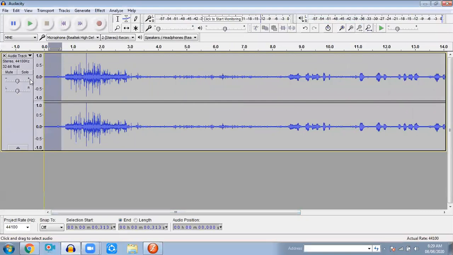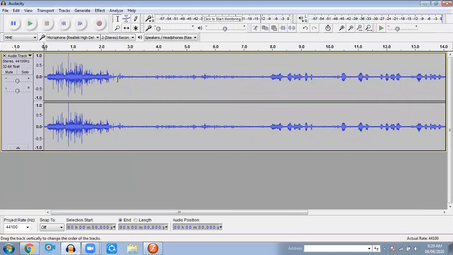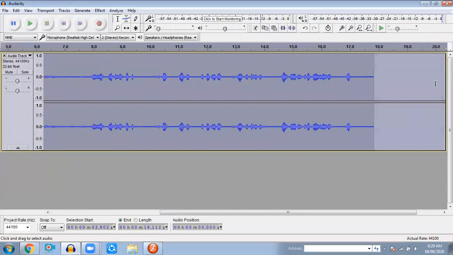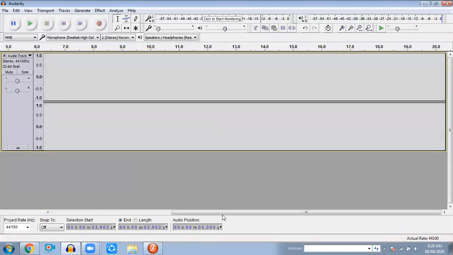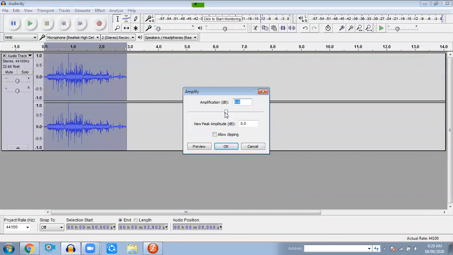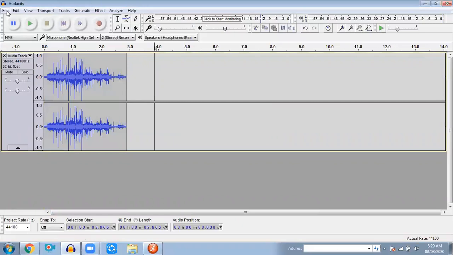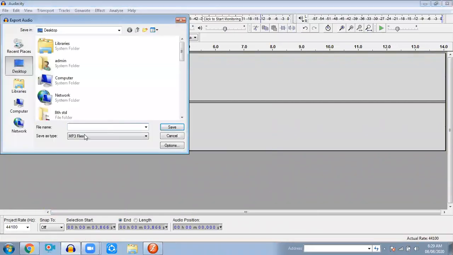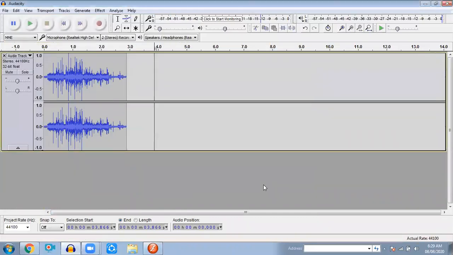And now this sound we are going to apply to our animation. This remaining part I don't want, so I have cut it. Now this sound, again we can increase it some more so you can easily hear it. Okay, now we have increased this. Let's export it into MP3 format, tree sound. Save. Now how to take this tree sound to our animation?